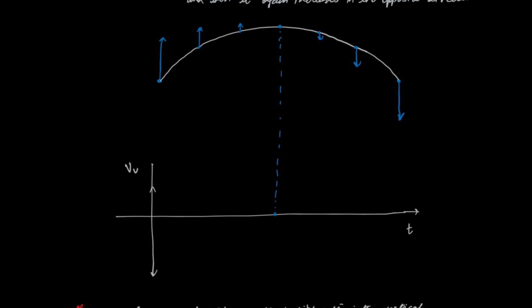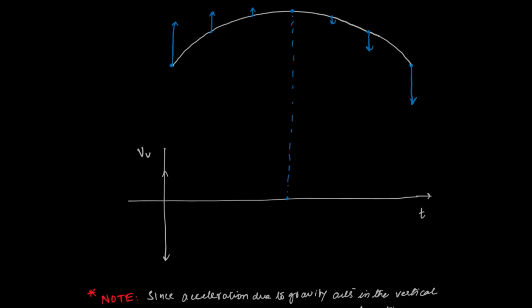Corresponding to this path, the velocity time graph of this object would be: at this instant the velocity would be the maximum, at this it would be the least or the minimum, and this would be the negative maximum because the direction is negative, and here the direction is positive. So positive and negative maximum, and